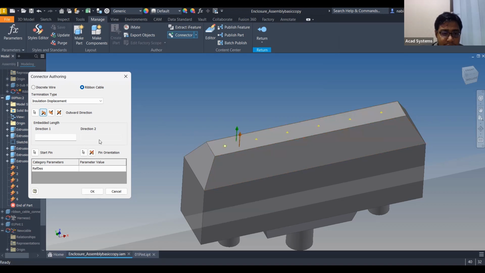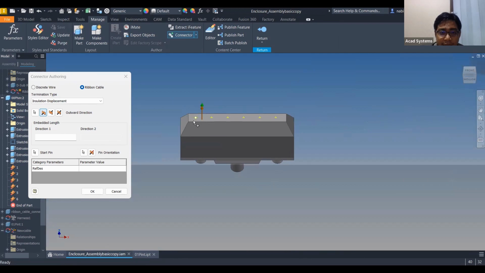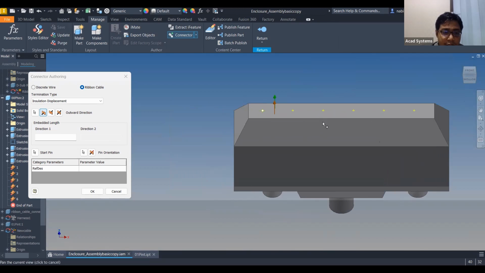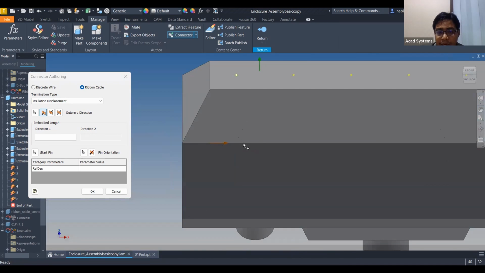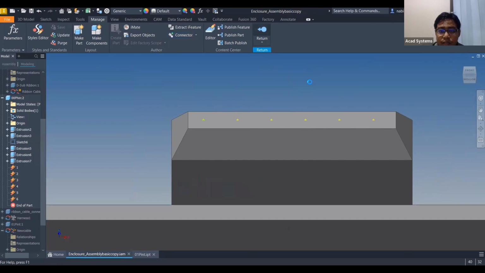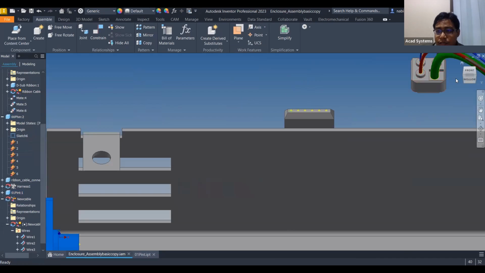This is not the orientation that I want. What I want is from the left to the right, so it will come 1, 2, 3, 4, 5 and so on. So I can select my orientation, and then I can select the edges. So this will be the direction of edges. This will be the first one, second one, the third one, and the fourth, and so on. Press OK, and then it's done. I can just hit return,